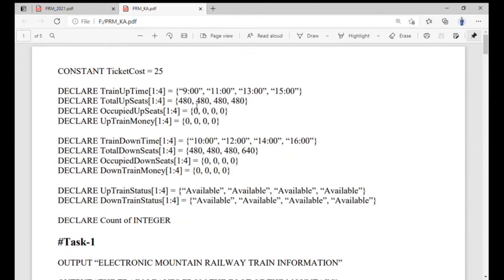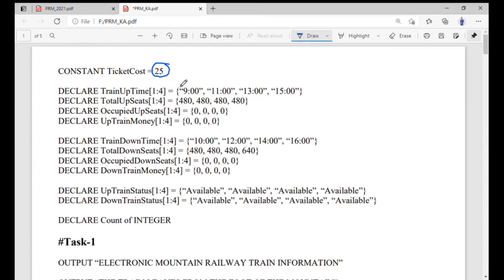So over here you can see on my screen, which I am sharing with you all. First we have to declare a few variables, or maybe we have to make some particular variables constants. Throughout the program we analyzed that in the scenario they mention one fixed value, which is the ticket cost. The ticket cost from foot to top is $25, and from the top to foot is again $25.